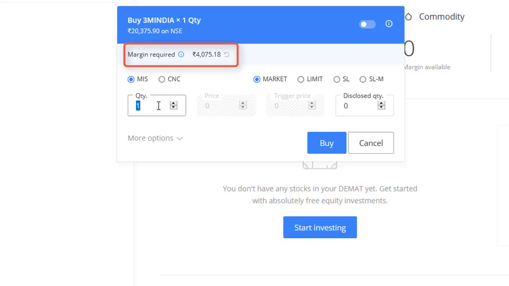Even if you go and buy 5 stocks, you need to pay 20,000. You may think it is a full margin payment, but it's not. You are not paying your full margin again. You are still paying 20%, because one stock is 20,000. If you buy 5 stocks, technically it is 1 lakh, and 20% of 1 lakh is 20,000. Then you have to pay that 20,000. That is how margin percent and leverage work in this calculator.